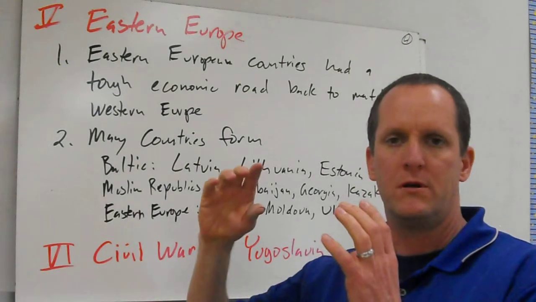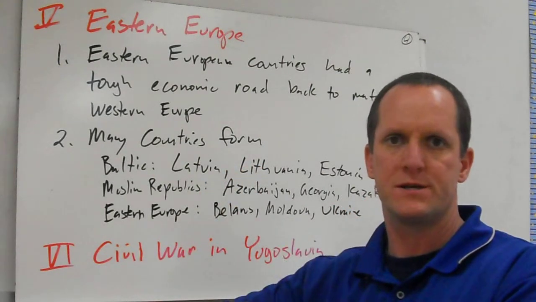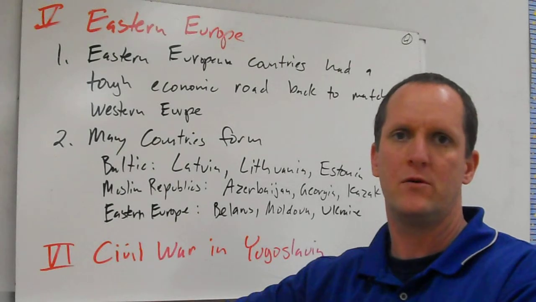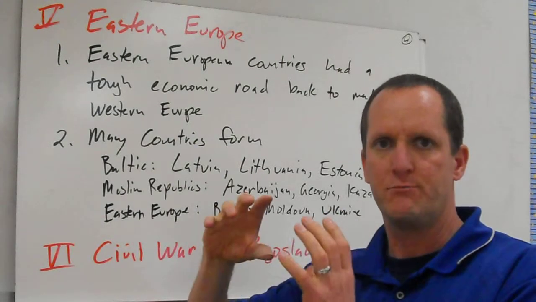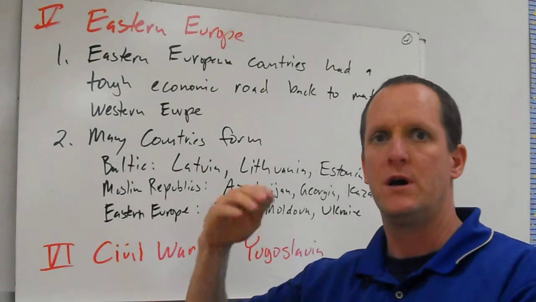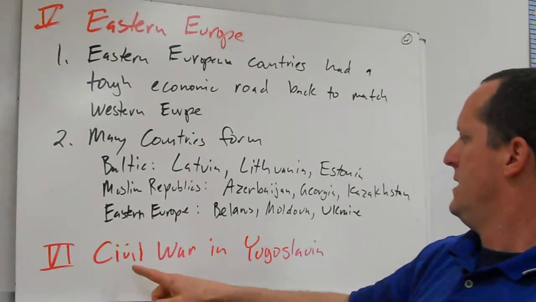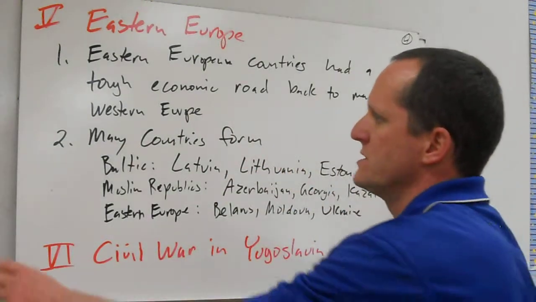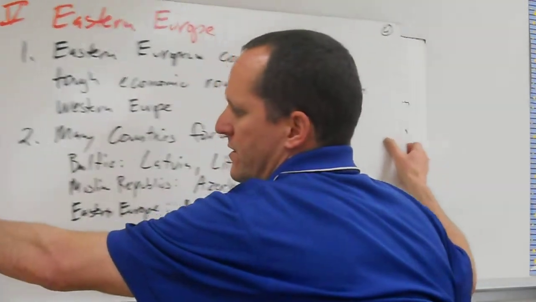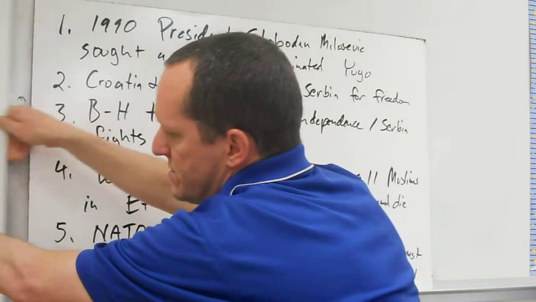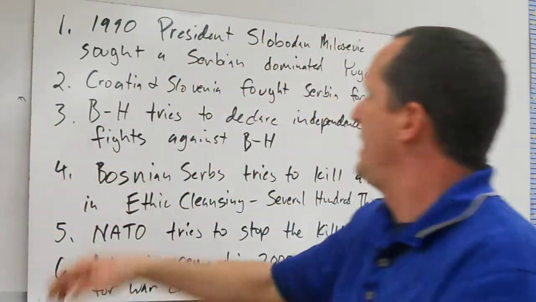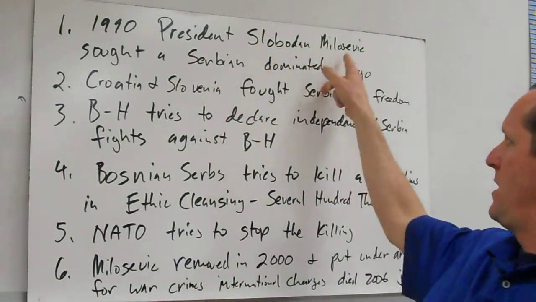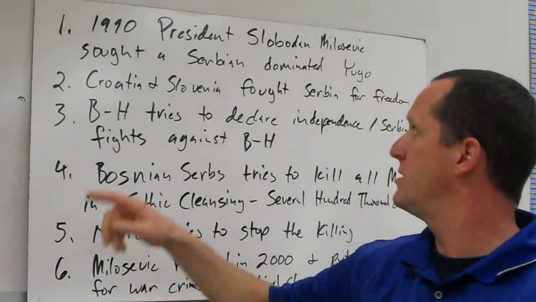They were not satellite states such as Bulgaria, Czechoslovakia, or Eastern Germany. They were actually part of the Soviet Union that was then dissolved. Now, one big problem was the civil war in Yugoslavia. Yugoslavia was united under a communist regime, but once the Soviet Union fell, in 1990, President Slobodan Milosevic sought a